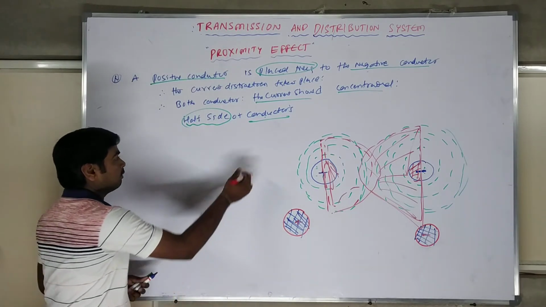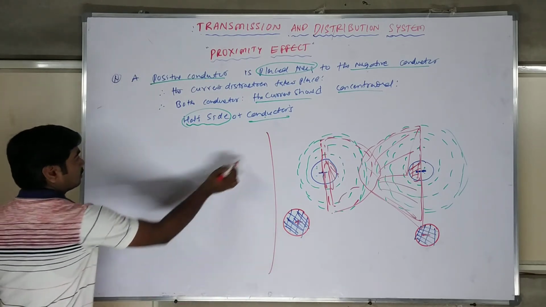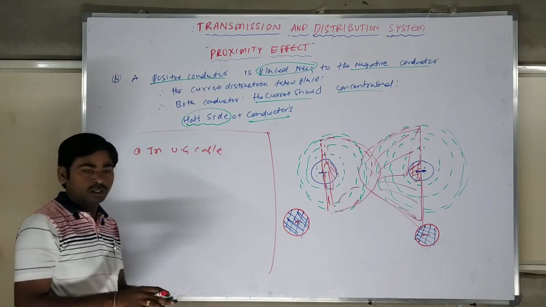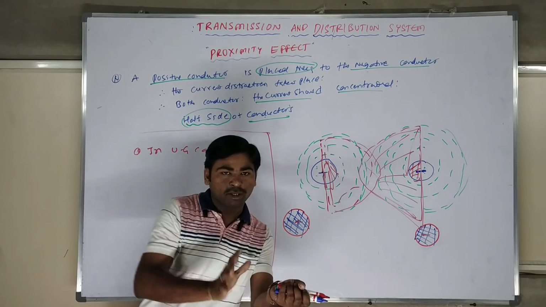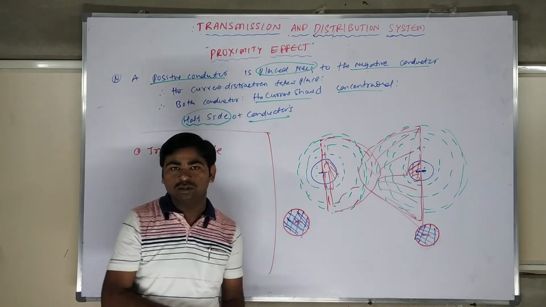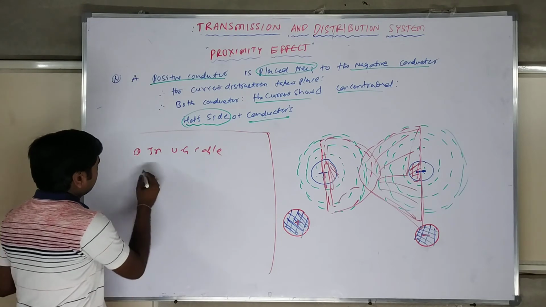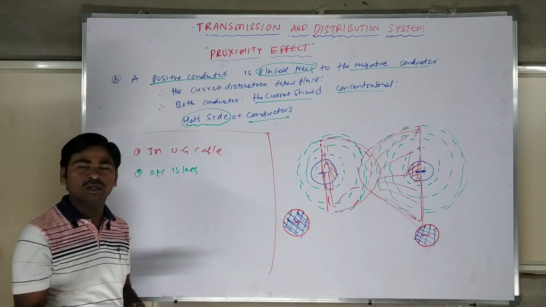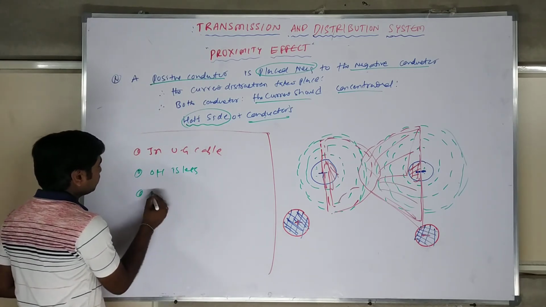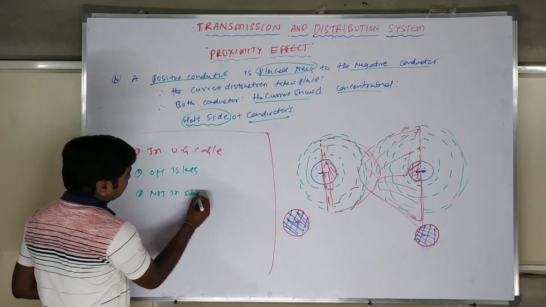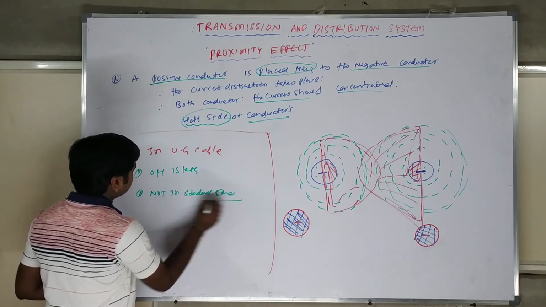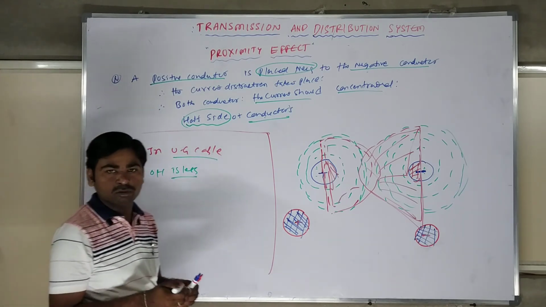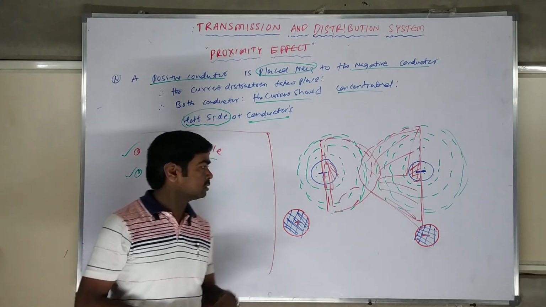Majorly this proximity effect is observed in underground cables, because in underground cables we keep our cables nearer to each other, bunching them one by one. In overhead lines it is very little, because we have to maintain a separate distance. Even if it is there, it is very small and we are not supposed to consider it. It is not supposed to appear in standard conductors. We can say directly it is only in underground cables, and very little in overhead lines, because the distance between the two lines is very large compared to underground cable.